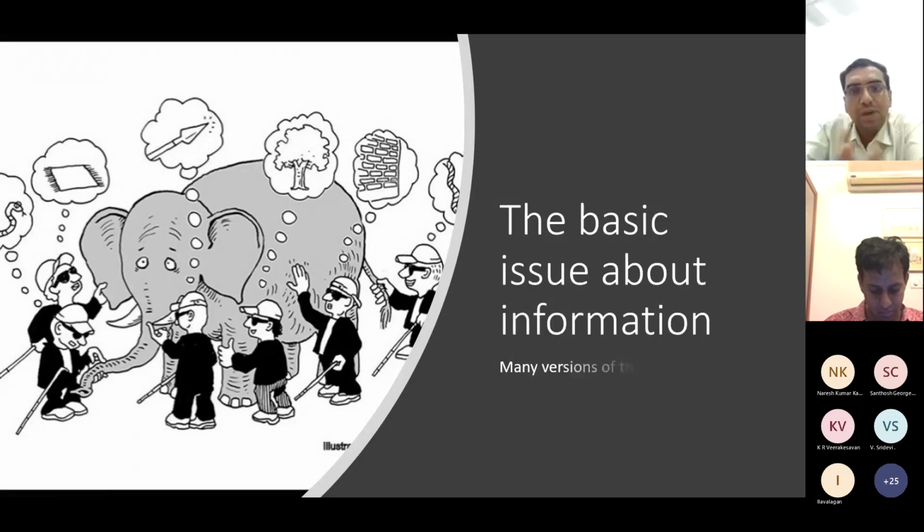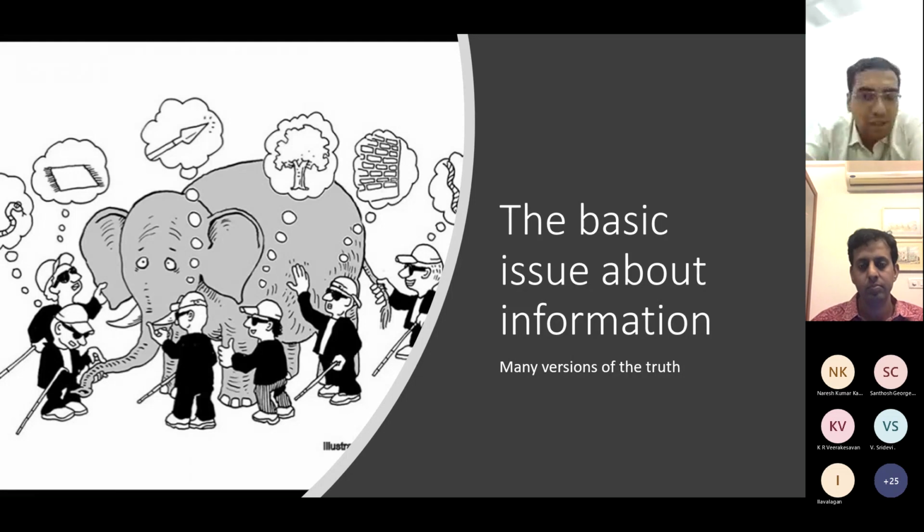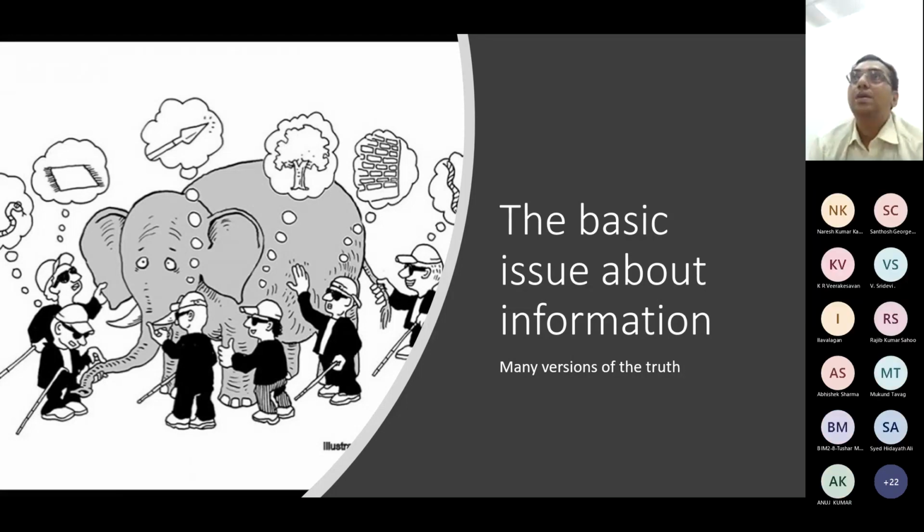So we started off with this whole idea that there are many versions of the truth, and we took the example of the six blind men and the elephant last time to understand that all of us are right in our own perspectives, but may not have the entire picture, which would help us achieve optimal results on construction. Whenever you have many versions and perspectives floating around, you tend to have localized optimization in procedures, in design, etc., and that will not serve your purpose in the end.